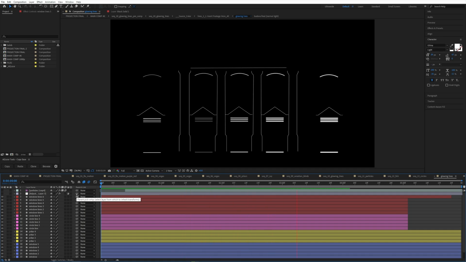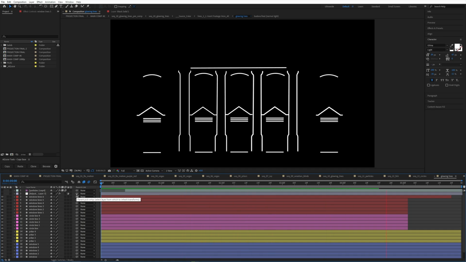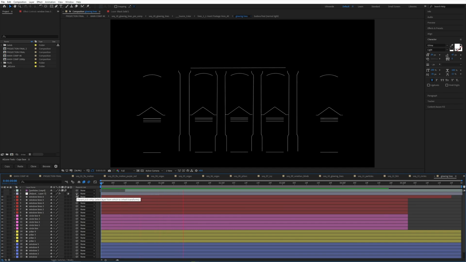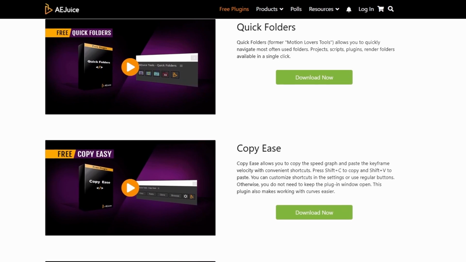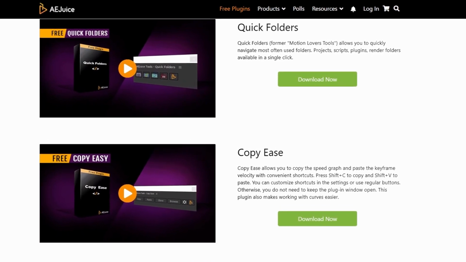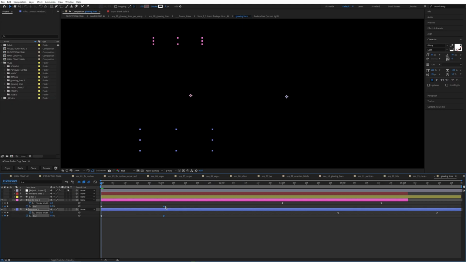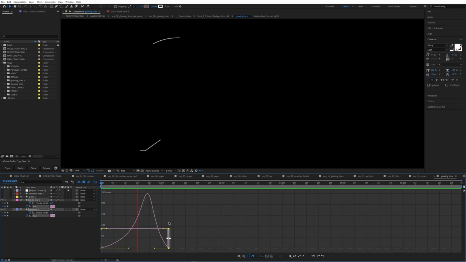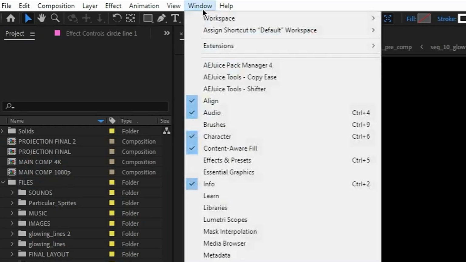Now, this process is quite time consuming and can get boring, so I wanna show you some really cool plugins that can save you a ton of time. First one is called Copy Ease from AEJuice, which is completely free. Here is what it can do. Normally when you copy and paste keyframes onto a different layer, it pastes the exact same values. So when you copy, for example, position from one object to another, it will overwrite and replace the original position. But let's say we only want to copy the speed or the easing you have in the graph editor. So open the AEJuice Copy Ease tool,